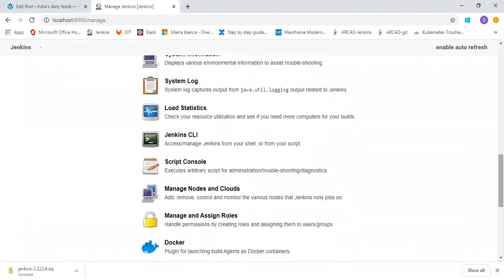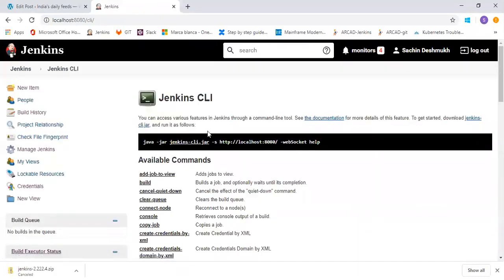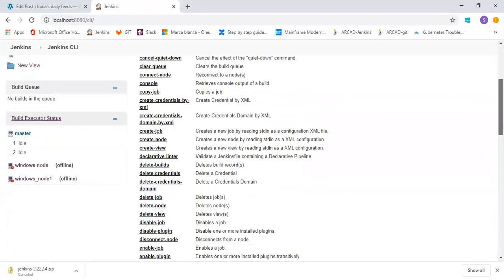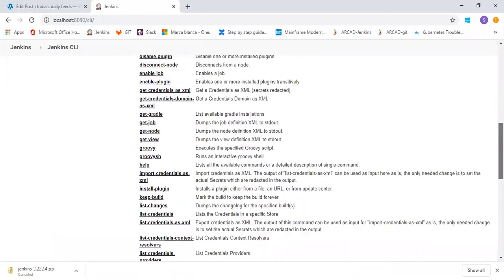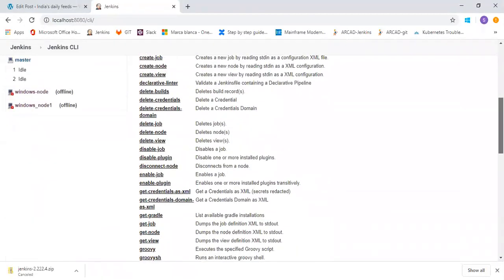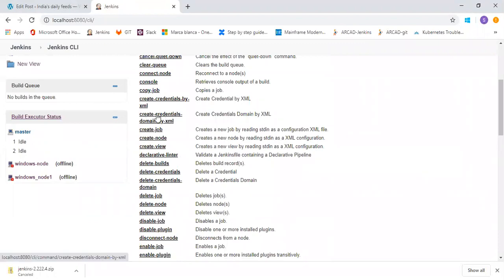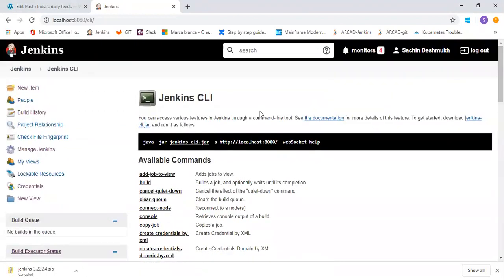Jenkins CLI is used very rarely, but if someone has very good knowledge and experience in writing or executing commands, then they can use Jenkins CLI. So you have to follow this command, and you can see there are a bunch of commands available here, which will be used to execute code, delete your node, get your job information, create your credentials. That kind of commands are given here.